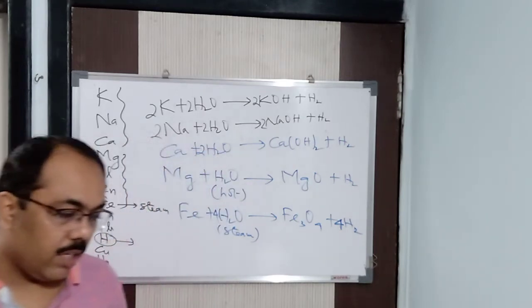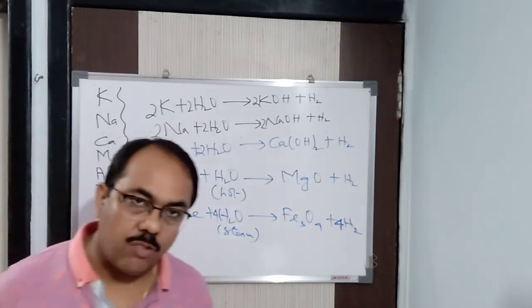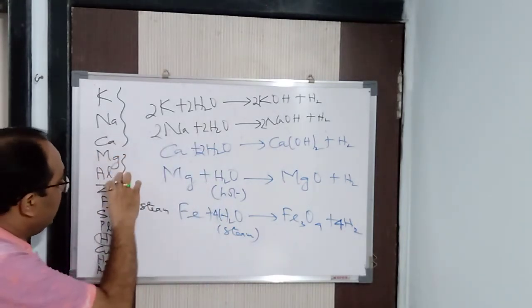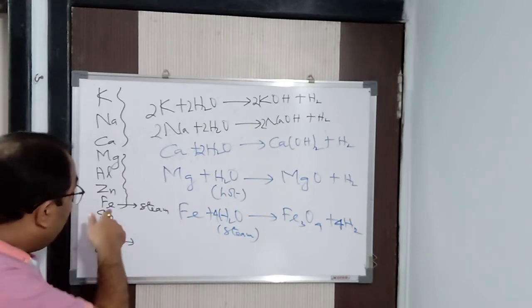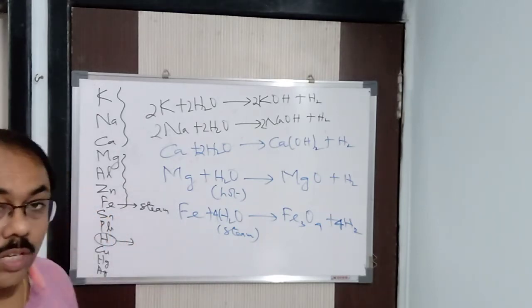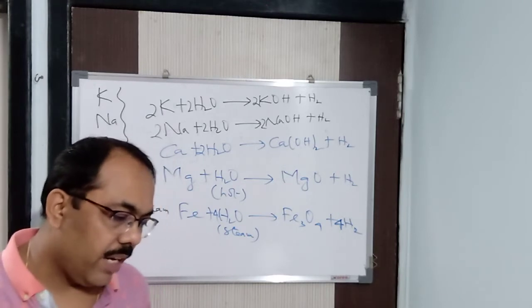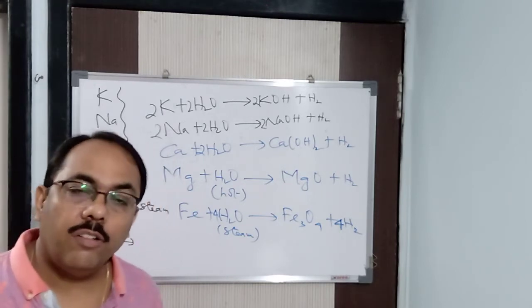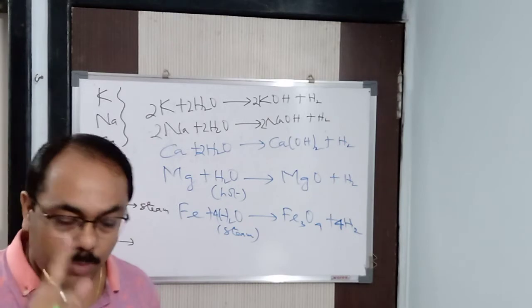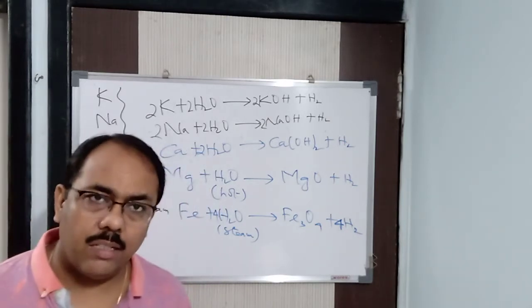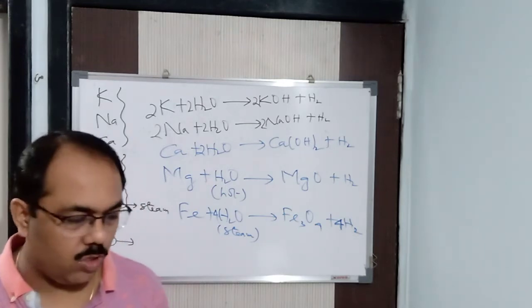Now in this particular series, you can find that magnesium is fastest and all these are slower. With iron it is so slow with hot water that we react it with steam, to make the reaction possible. Now one more thing about iron, let me tell you. With iron the reaction is actually reversible in actual practice.